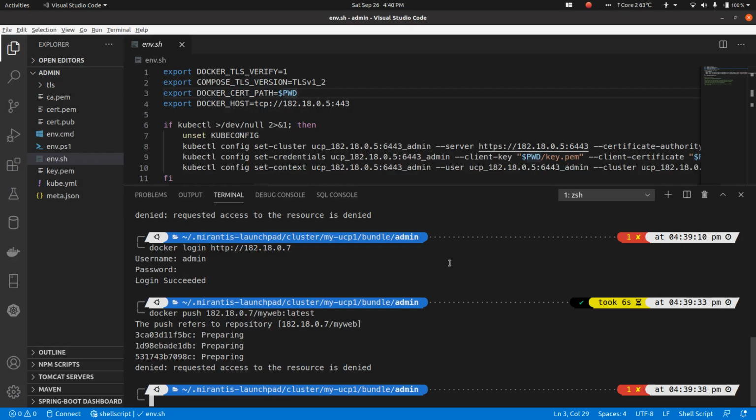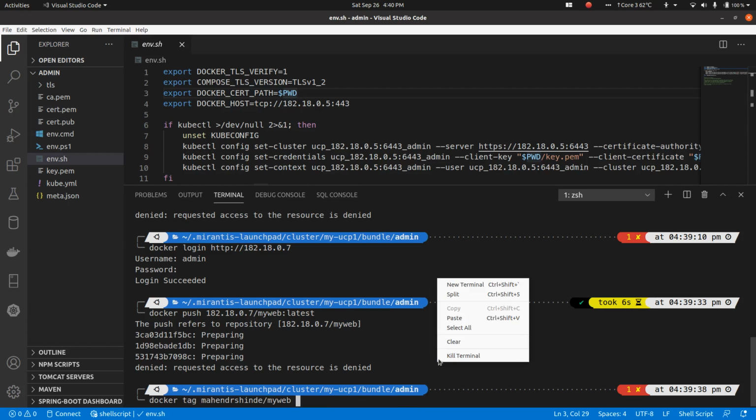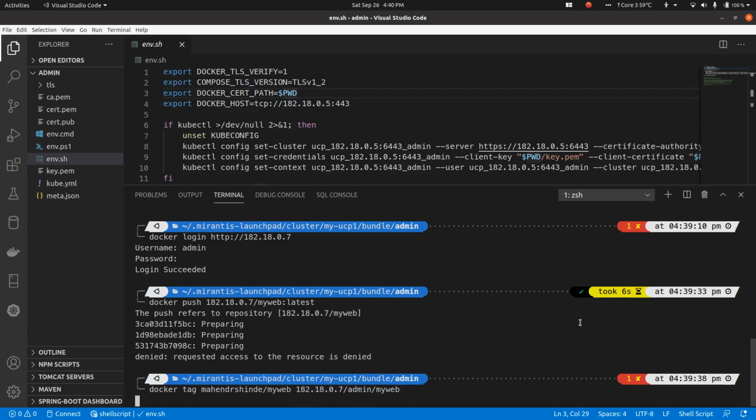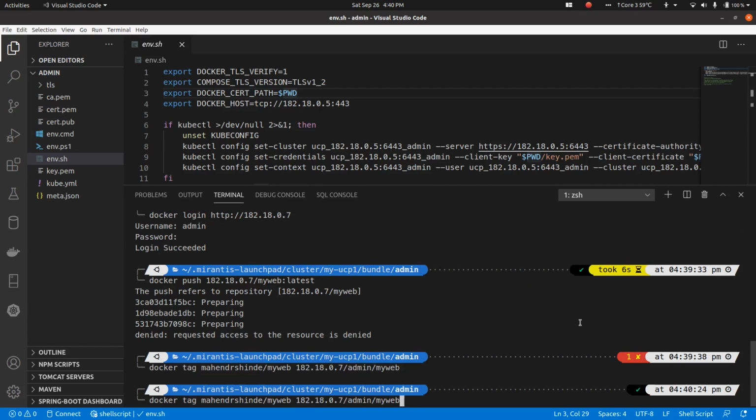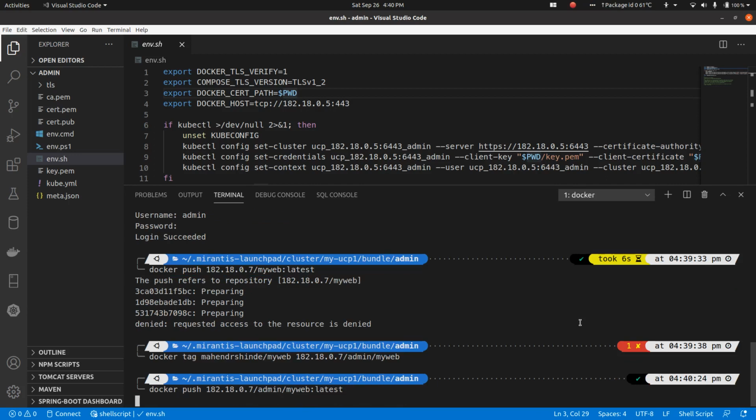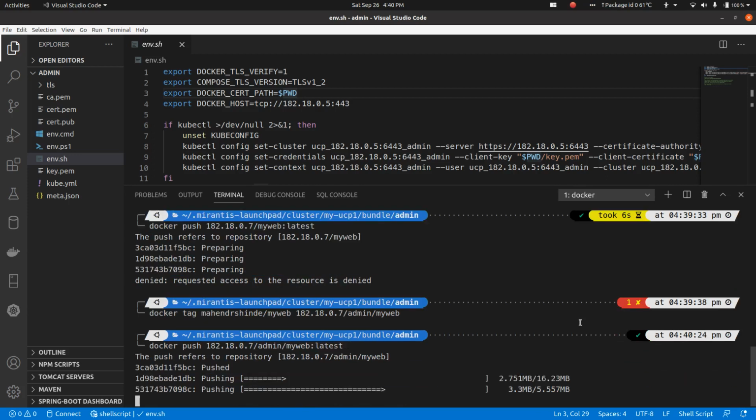Copy, and let's use Docker tag, and here I'll use this new name. Okay, so it's going to be tagged as 182.18.07 / admin / myweb latest. Let's see now. Yeah, now it has started uploading it.